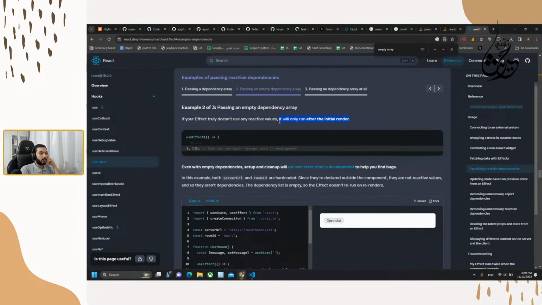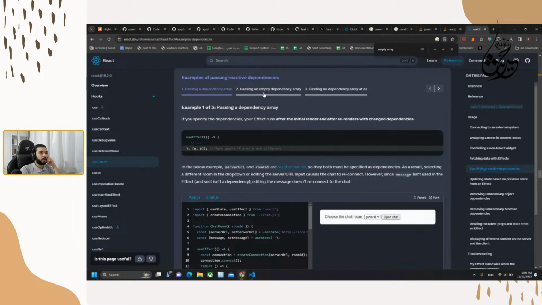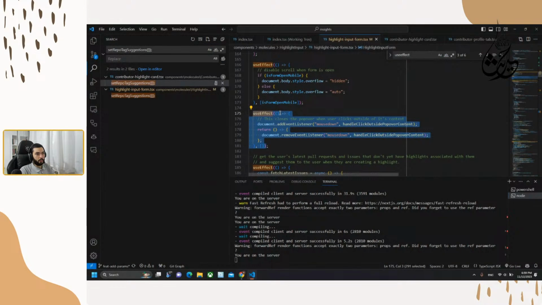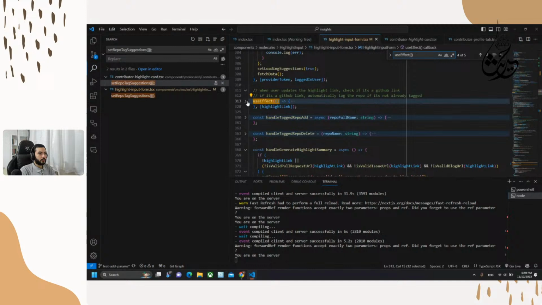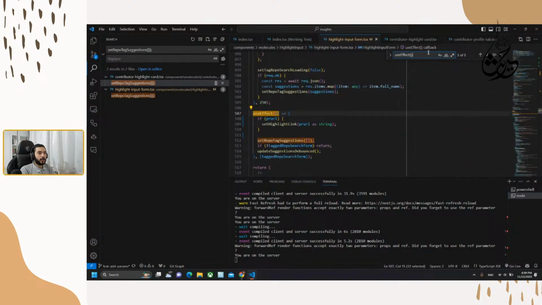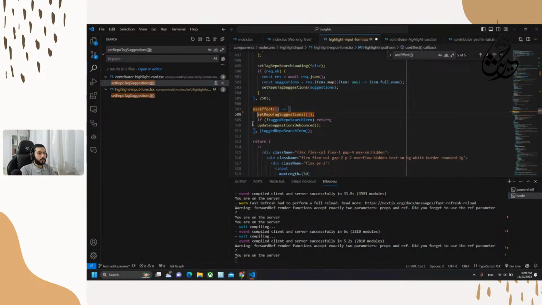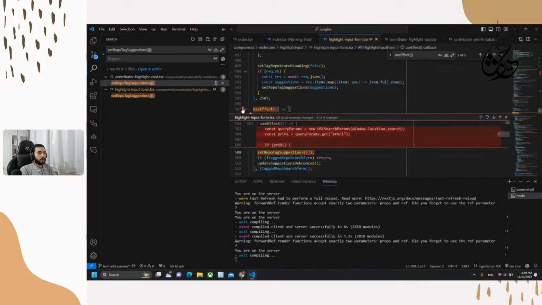So this only runs after the initial render, and this runs whenever there's a change in the array. And if we don't have anything, it will re-render always. So I think I could check this one. I could add the PR URL in one of those rendering stuff.